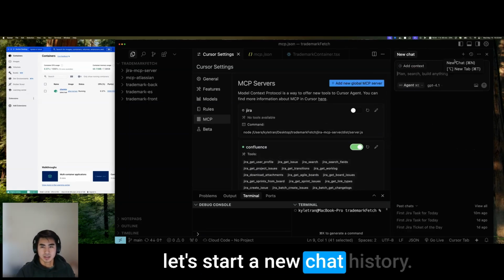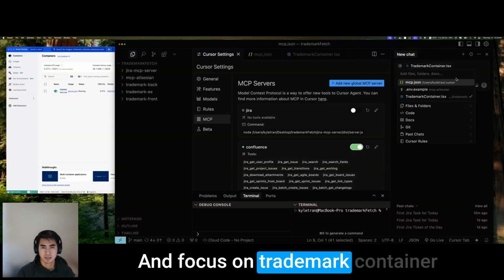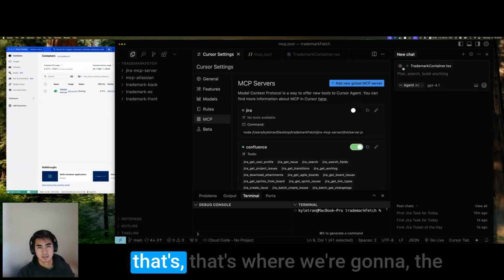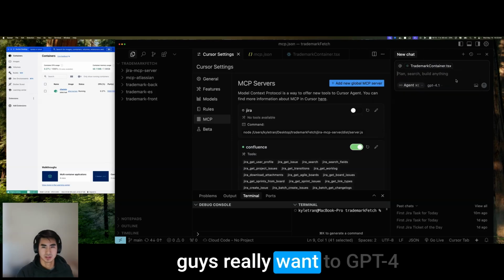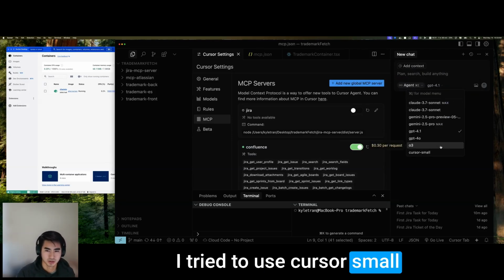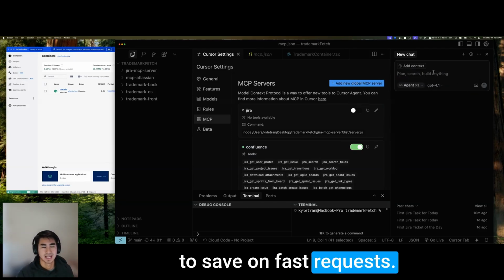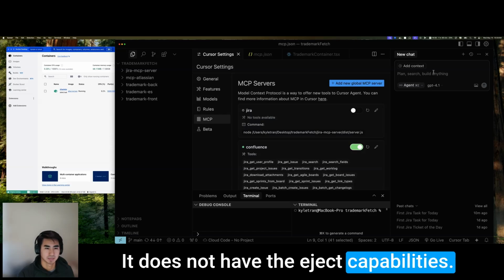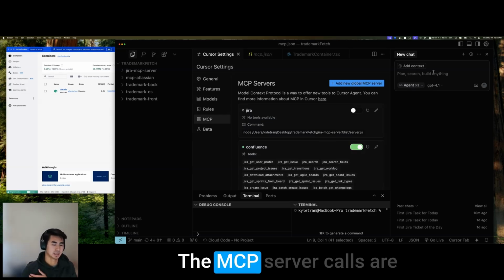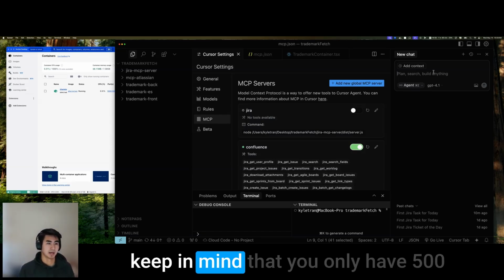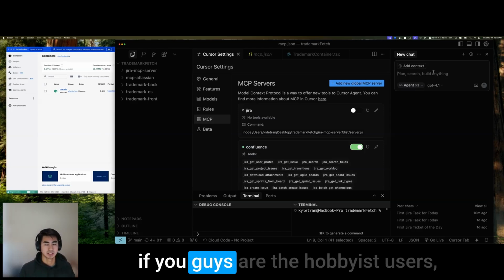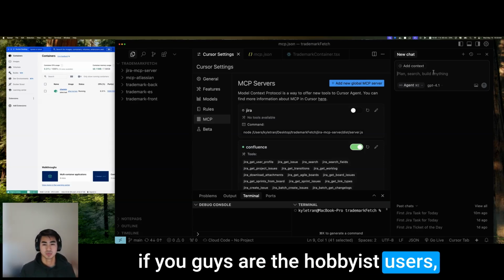Let's start a new chat history and focus on trademark container, because that seems like that's where the meat of it is gonna happen anyways. I tried to use GPT-4 and Cursor Small to save on fast requests. It did not work. It does not have the agentic capabilities that MCP server calls are going to use. Keep in mind that you only have 500 fast requests if you are